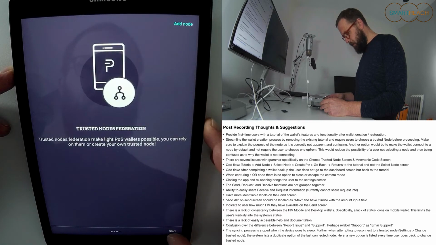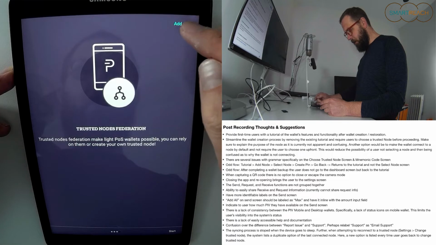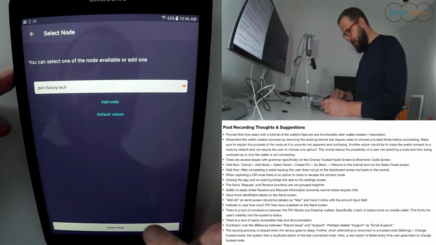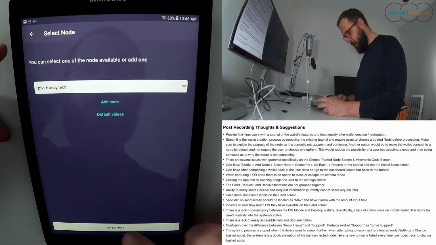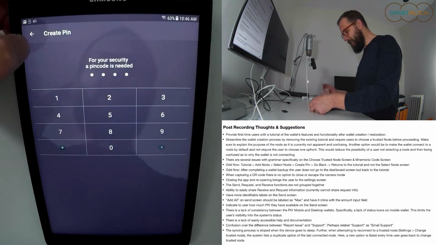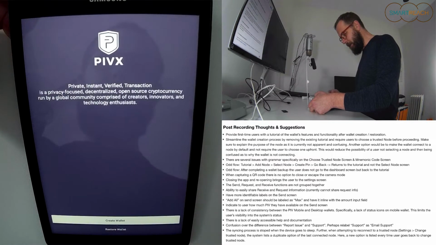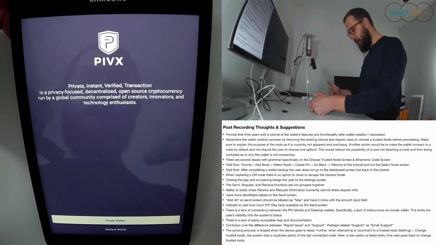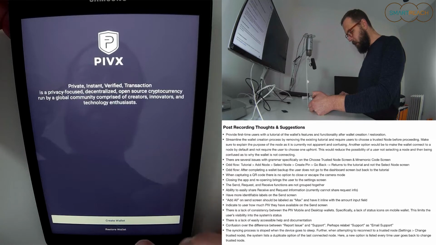All right, so there's this thing that we saw earlier, this add node, and you come in here, and let's say that I accidentally hit select node instead of going back. It takes me here to create a pin. If I go back here, what I saw earlier is it doesn't take me back to that initial screen, that secondary screen that's saying choose node, it takes me back here. I don't know if that was on purpose or if that's some sort of bug, but to me, what should